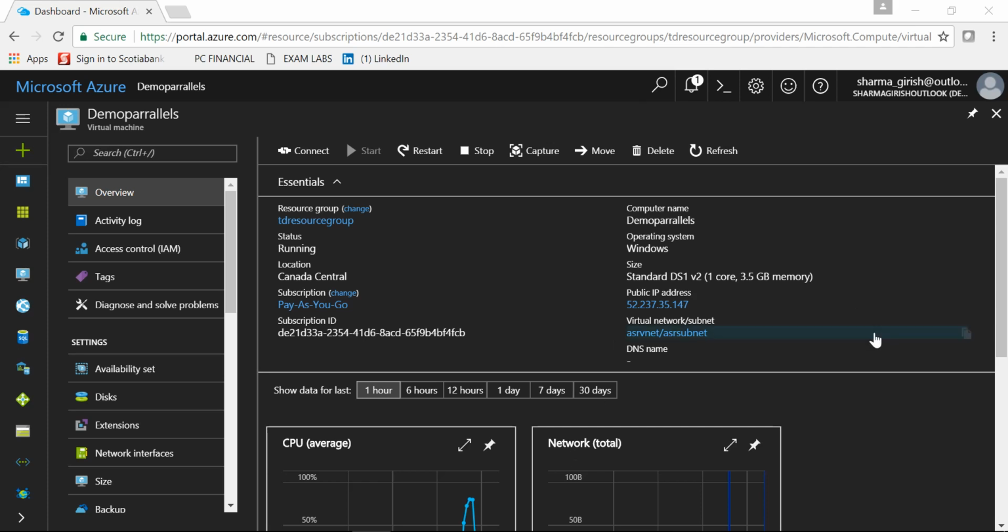Hello everyone, welcome back to this new video on Parallel Remote Application Server, and today I will show you what the different functionalities available are, specifically when it comes to printing as well as scanning features within the Parallel Remote Application Server. So if you've been following this track, in the first video we deployed Parallels in Azure, and the